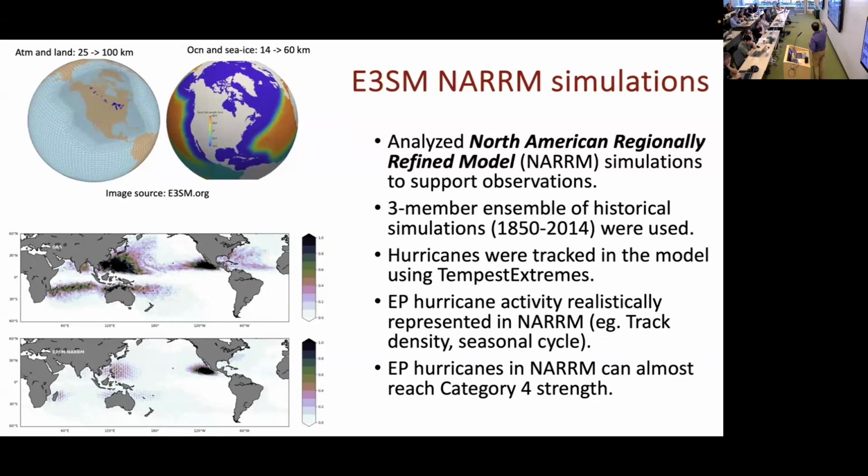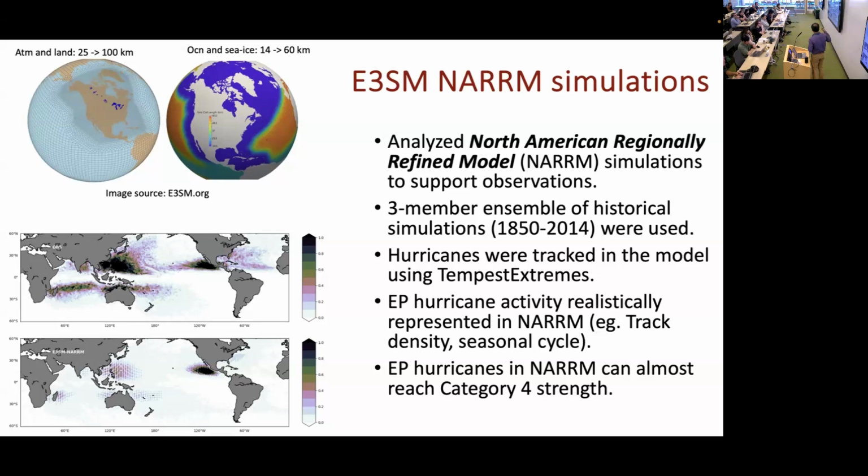So the top panel is the climatological track density of hurricanes globally from observations from the best track data. And the bottom panel shows the same from the RRM. So what you'll see is in the region of high resolution surrounding the North American region, especially in the Eastern Pacific, the model does a really good job of capturing the tropical cyclone activity. So this is just the track density, but I also want to point out that the model does quite well in getting the other aspects of tropical cyclones, such as the seasonal cycle and so on.